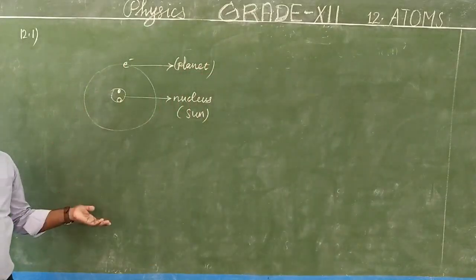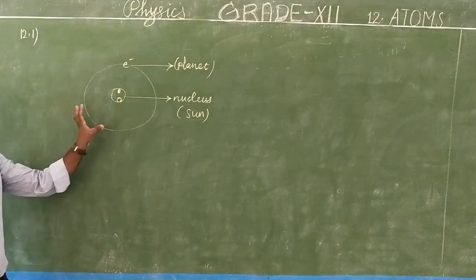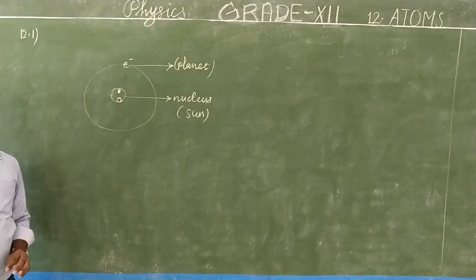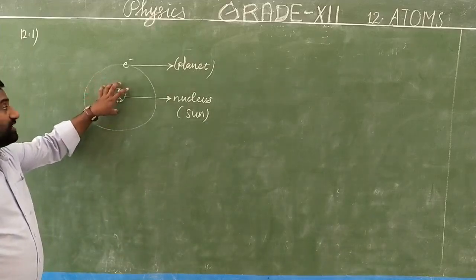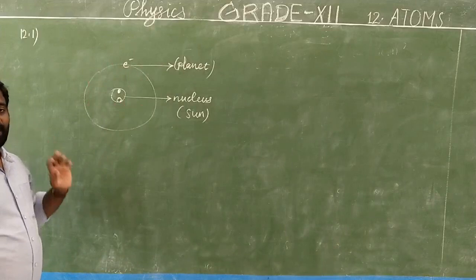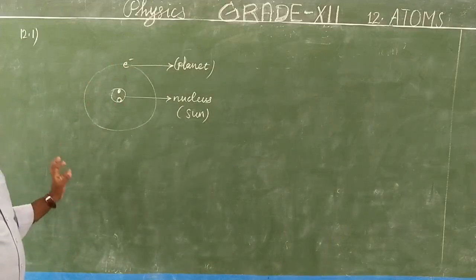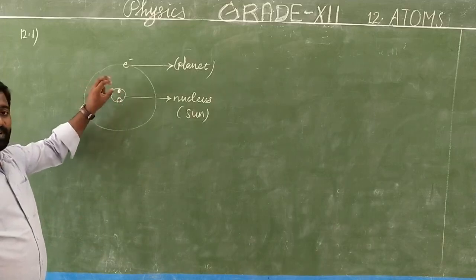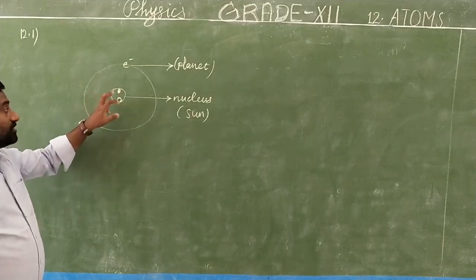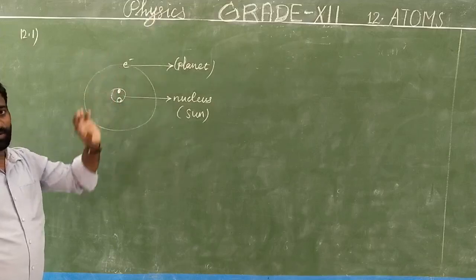This is the atom model we are following at present, and we are going to relate this nuclear model of the atom with the solar system. In our solar system, the Sun is at the center. With respect to the Sun, all other planets revolve in their respective orbits. Same as for an atom, the nucleus is at the center, made up of dense matter, that is protons and neutrons. Around this nucleus, the electrons are revolving.